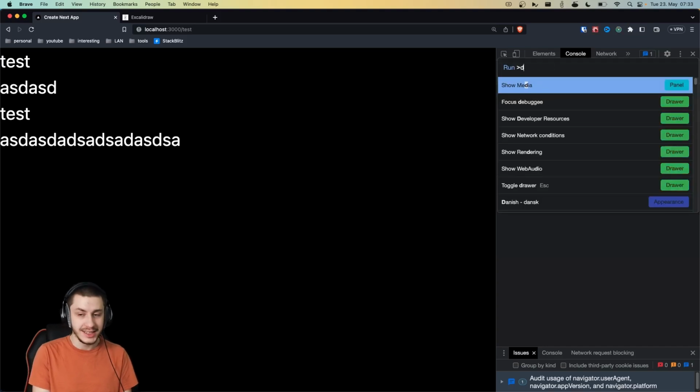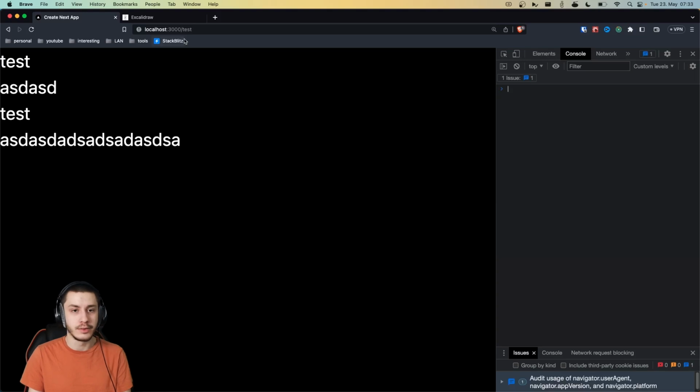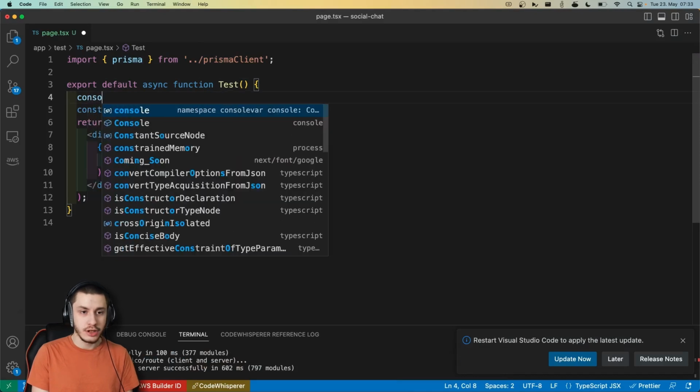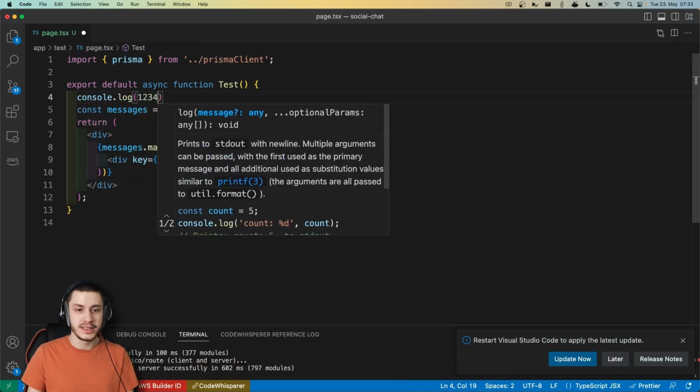And if we now just disable JavaScript real quick and reload again, we can see that we still get that data, even though hydration or whatever couldn't take place. And that's because this doesn't need to be hydrated. It's pure HTML that's just put into the page by the server. It's amazing. And to really hammer this down, we'll just go ahead and console.log a few numbers in here whenever